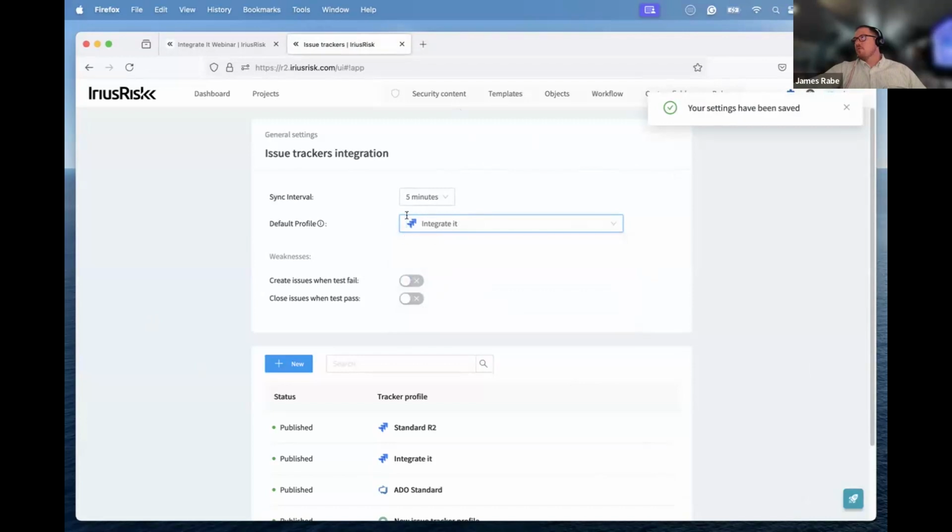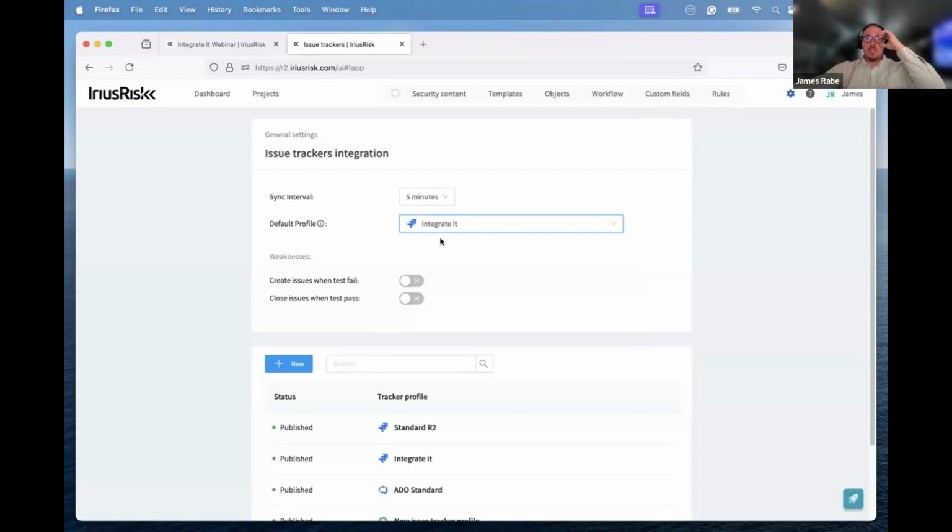You can see right here, I'm defining a default profile for my tenant. I can also go through and define a different profile. And a profile is just a mixture of some issue tracker with some board, with some set of issue level configuration. So I could be defining it as a bug. I could be defining it as a user story in ADO, in ServiceNow, in CA Rally, whatever my preference is going to be there. But that unique combination is now going to become an issue tracker profile, centrally managed here,